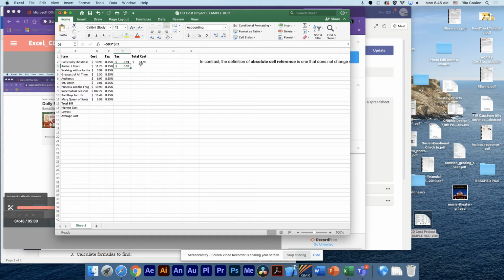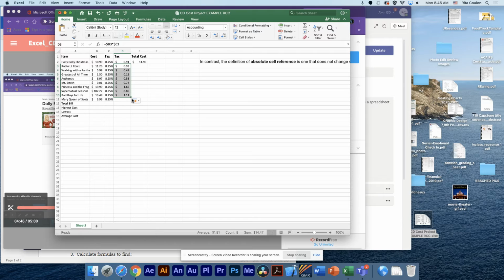Okay? And then, since I've already shown you, this is how you use the fill handle. I'll show you the fill handle for this rate. There is a square in the lower right-hand corner of your cell, of your cursor. The green line, green box is called a cursor in Excel. When I touch it, my mouse turns into a black plus sign. When I click the fill handle and drag down to the last